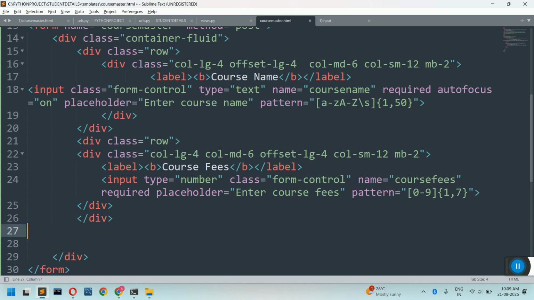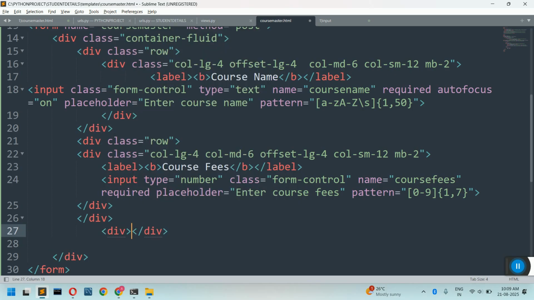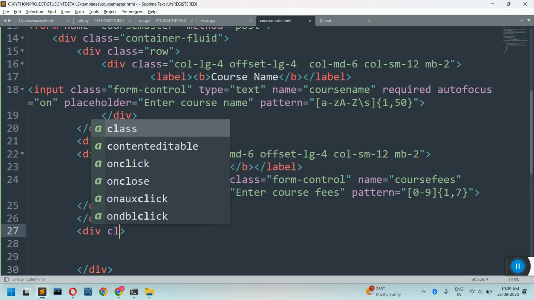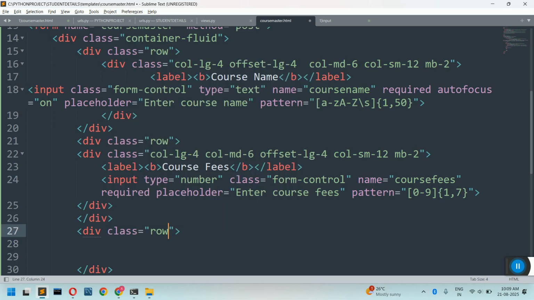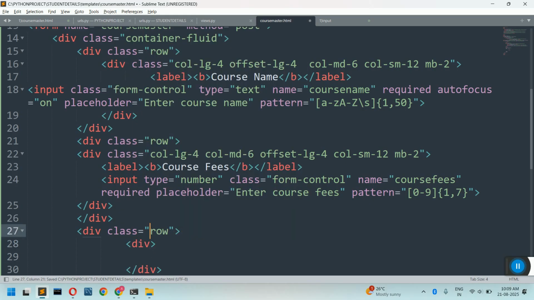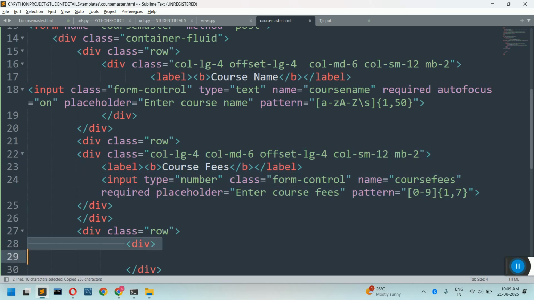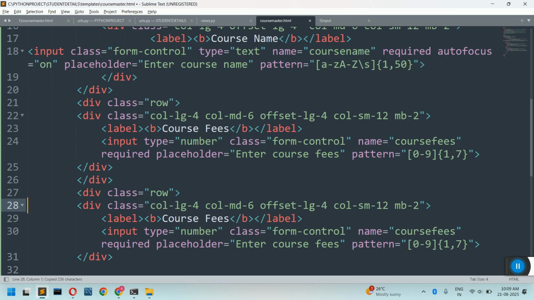So after the tag ends, add one more division. Inside that division use class equal to row. Inside this, one more division for this label. Now learn copy paste. Copy this and paste it entirely. Make the change. That is, here it is course